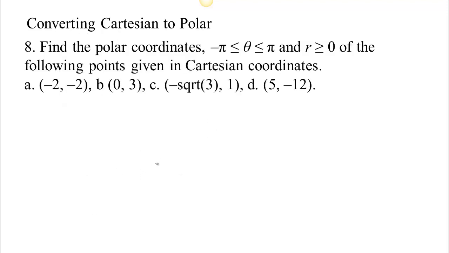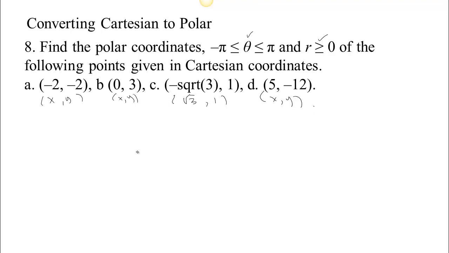Let's look at an example. This is a problem from the book. It says find the polar coordinates, and they give us a specific range on theta, so they lock us in, and they require that we use a positive radius to represent these points. So these are all Cartesian points. When we see these, we know that that's xy, xy, xy,